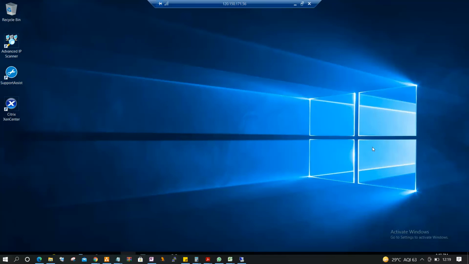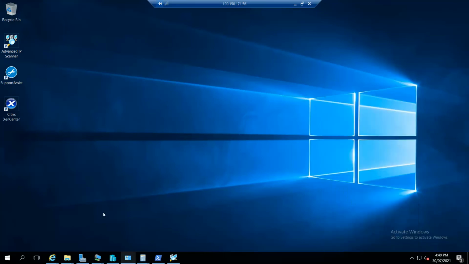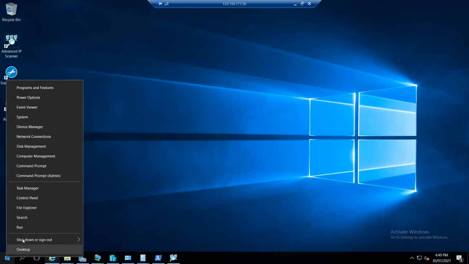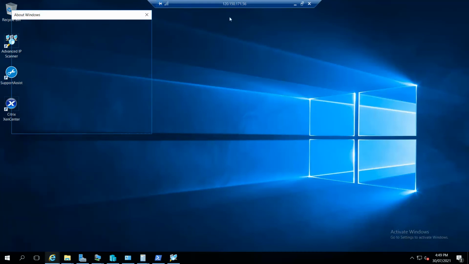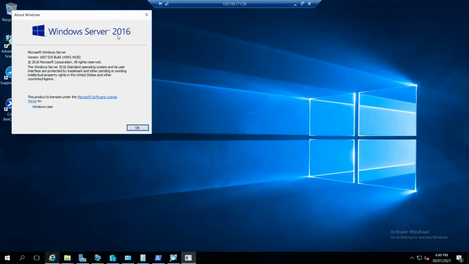At present, this machine has a 2016 server operating system installed. This is a separate physical computer installed with the server operating system.